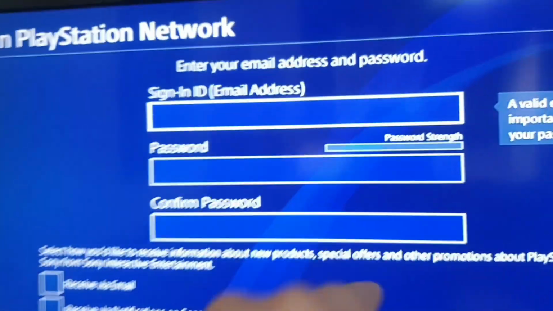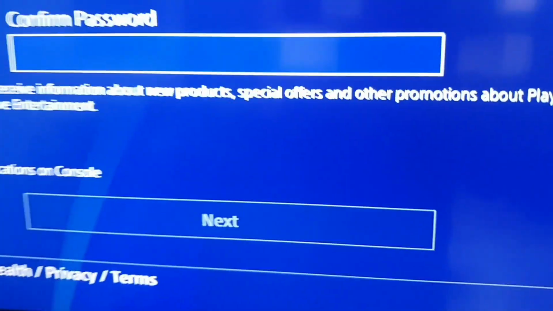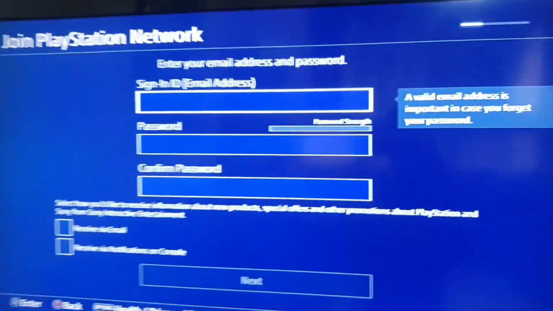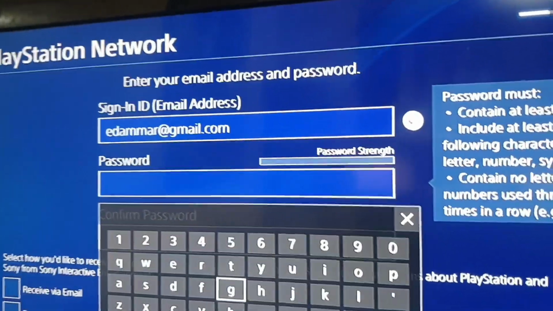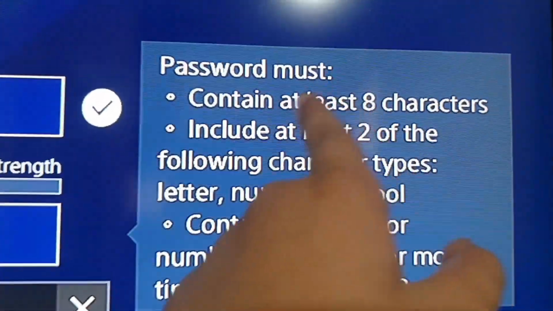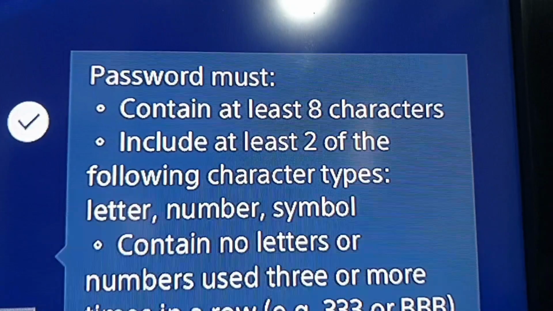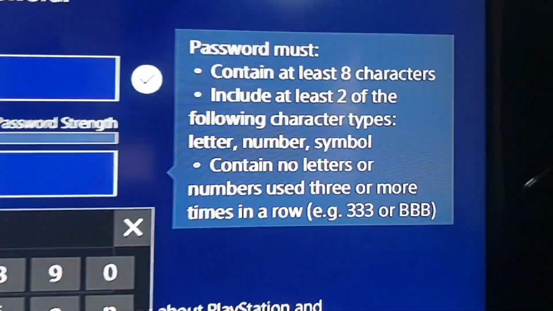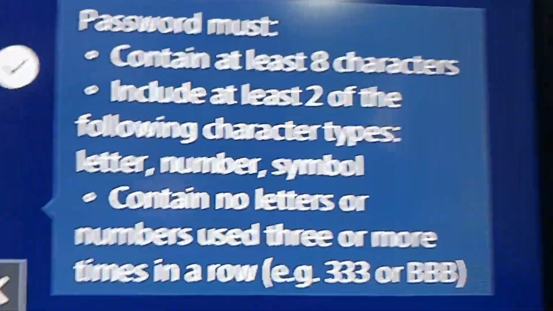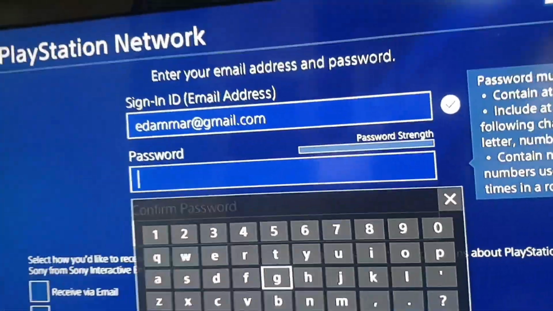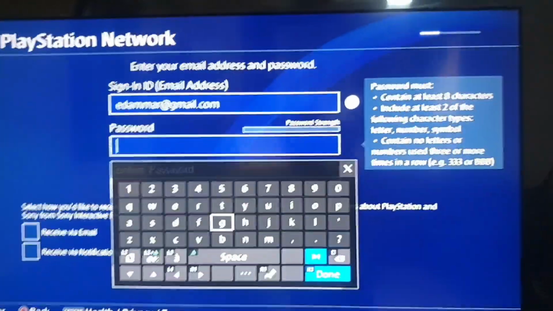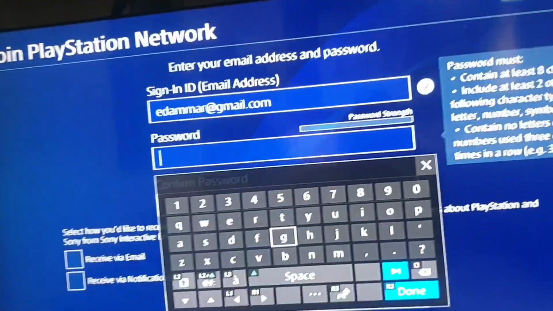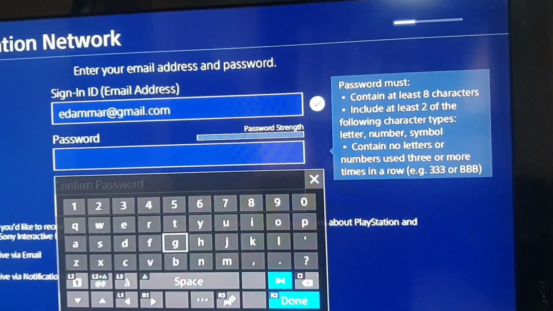Now after I put these, you'll have to click next on your console with the X button. So wait for me until I've done that. An important thing I have to say: when you're putting your email address and the password, the password must contain at least 8 characters, and symbols like the question mark or the exclamation mark, a number, an uppercase letter and a lowercase letter, and things like this. After I put my password, I'll show you what's next.